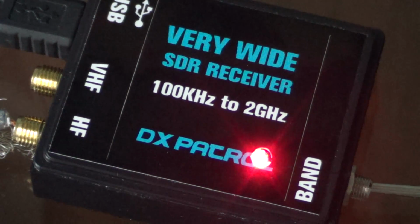the complicated issue with the DX Patrol is this. When I bought it, the seller does not really talk much, so if you ask questions, you don't get any replies. You basically have a seller that gives you a tracking number 2 days after, so you think that they've already sent the item. But the problem is, it took this guy a month and a half before he actually mailed my SDR,